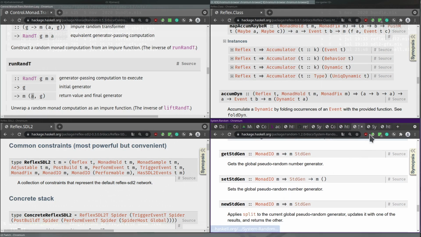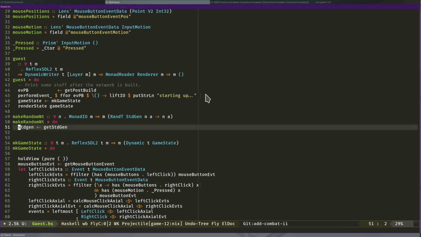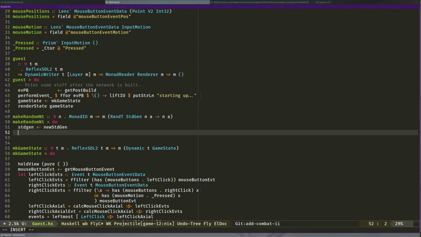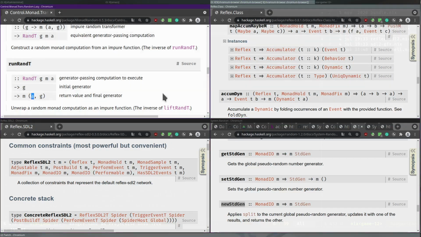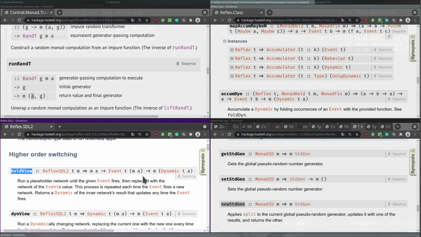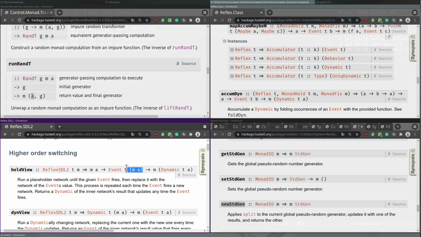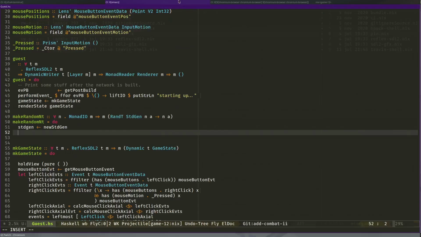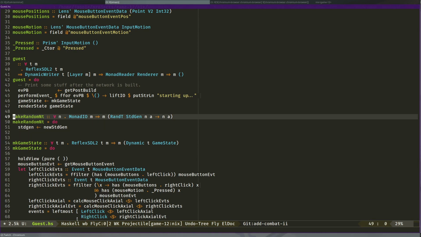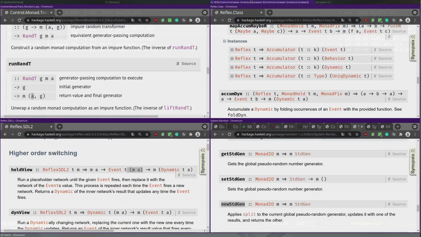Apply split. I don't know what split is. Oh, we need to have split, new stdgen, not get stdgen. Oh, good that we looked at the docs, right? About the inside first, fix inside later. What do you mean? We're not stuck. It's the entire point. You just fix everything in one go. It's already inside here, so we can just left ice cream cone it into the function like this. So if we provide this function signature, we're done. Which we can do now actually,